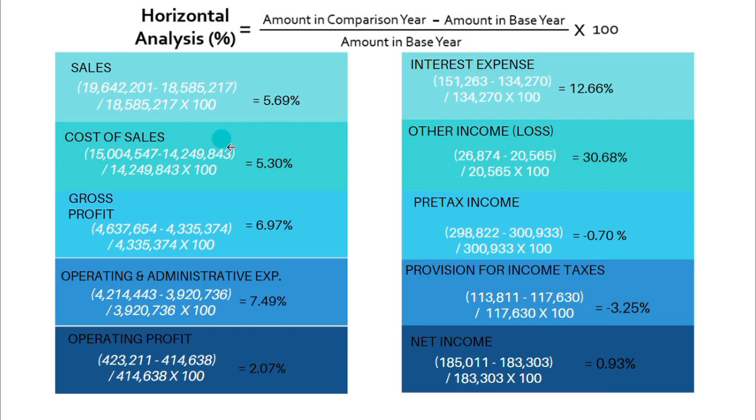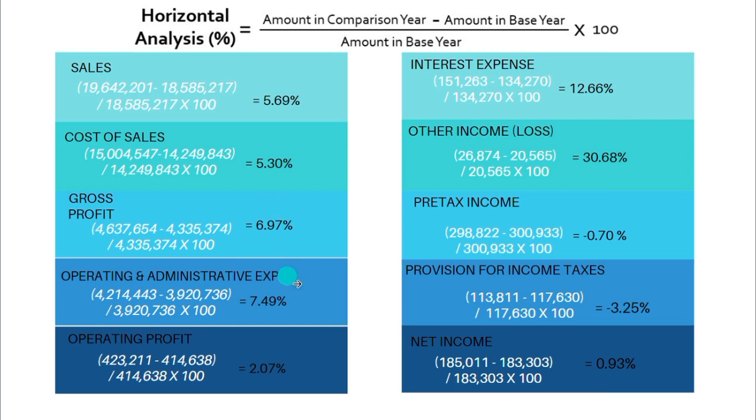For cost of sales, 15,004,547 minus 14,249,843 divided by 14,249,843 times 100 is equal to 5.30%. To get the gross profit, 4,637,654 minus 4,335,374 divided by 4,335,374 times 100 is equal to